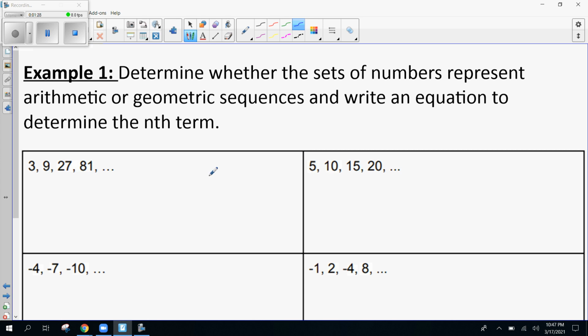In the first example, you want to look for: is there a number that we add or subtract from each term to get the next, or is there a number we multiply each term by to get the next? In this case, going from 3 to 9, we multiply by 3. 9 to 27 is multiplied by 3. 27 to 81 is multiplied by 3. So this is a geometric sequence,